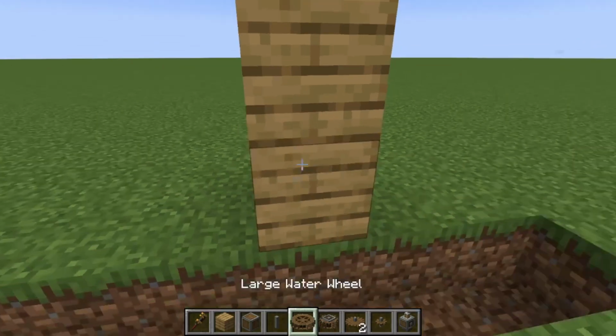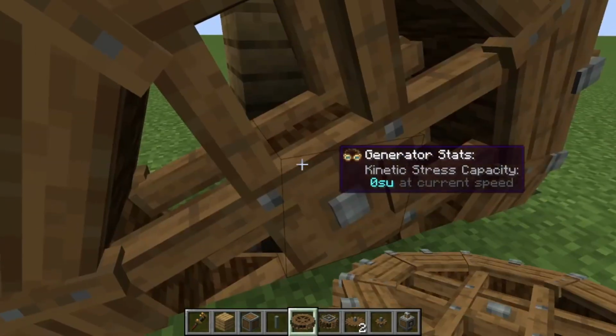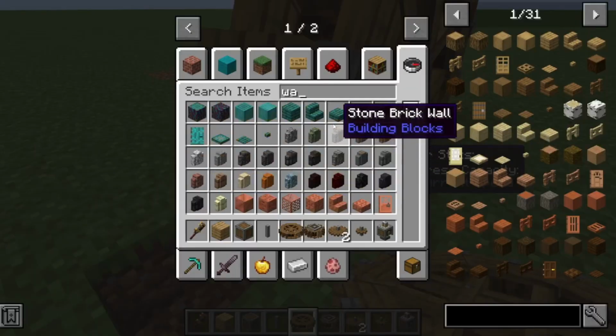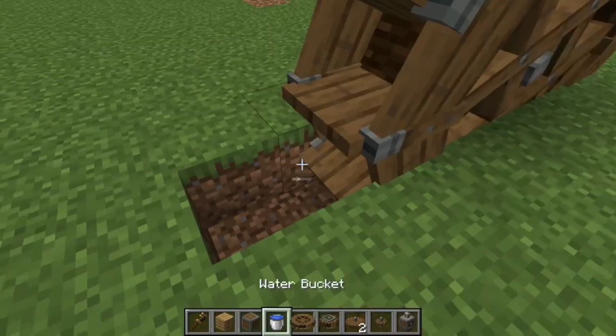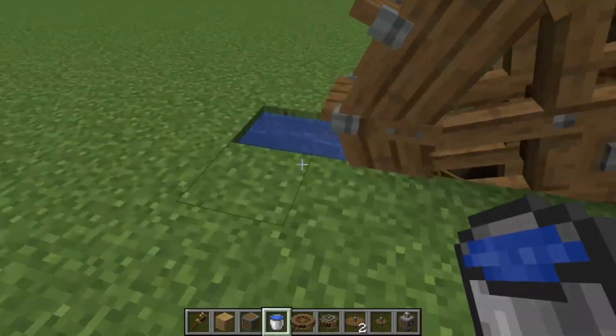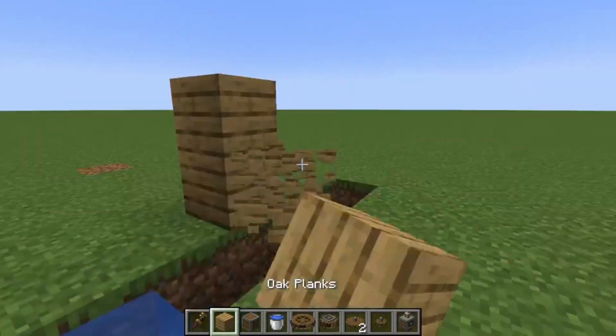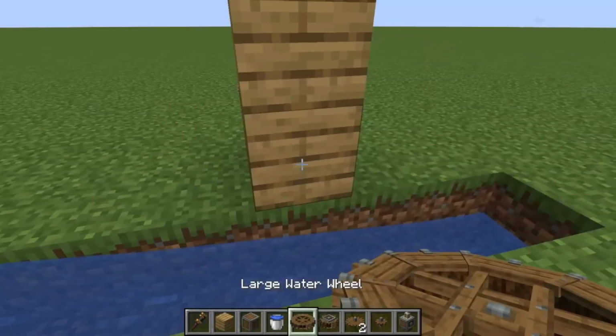Large water wheel. You can't place it like that. Wait, can you? I forgot. I haven't played with Create. No. You have to make it one up. So, not here, but here. So,